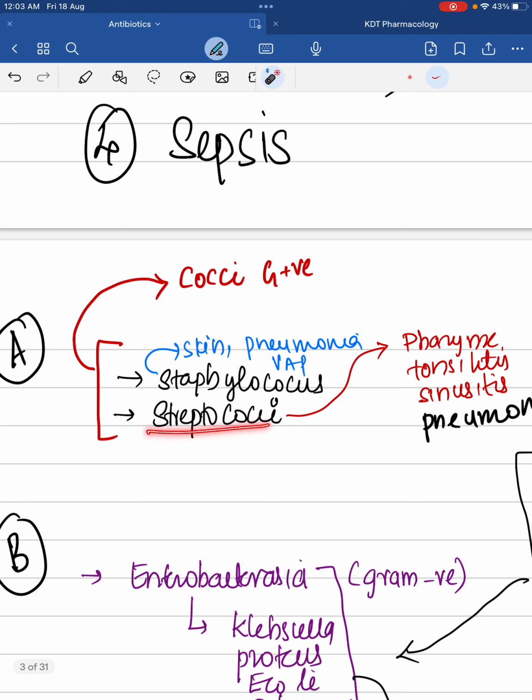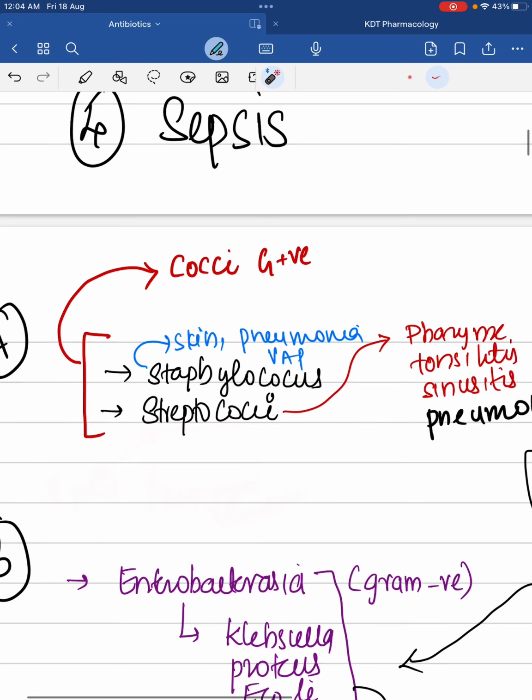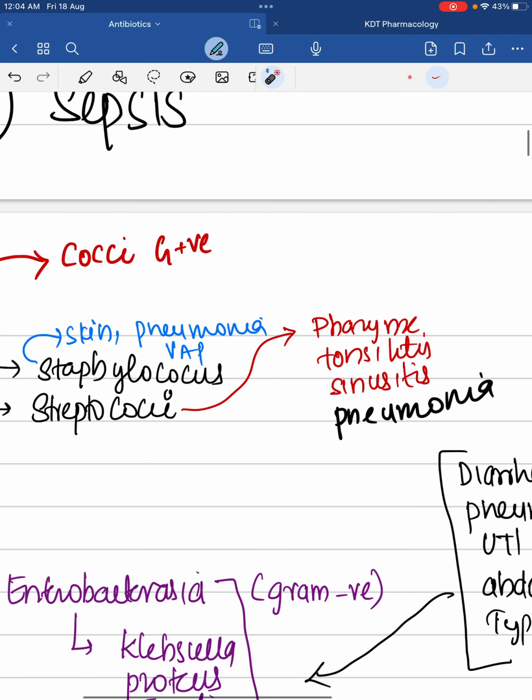Streptococcus is of mainly Streptococcus pneumoniae, Streptococcus pyogenes, viridans, etc., which cause pneumonia, sinusitis, tonsillitis, pharyngitis. Then Staphylococcus causes skin and soft tissue infections, bone infections,